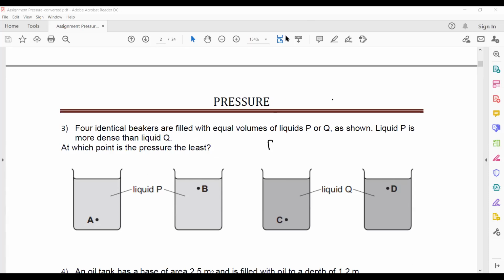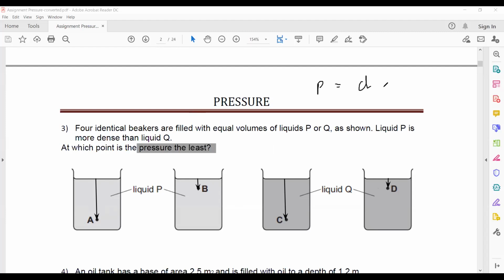It is the depth of the point inside the liquid. So when you compare, you need a least pressure. Least pressure, the one which applies the smallest amount of pressure. So A, when you check A, C, B, and D. First thing, it should be low density because the pressure exerted by the liquid depends on the